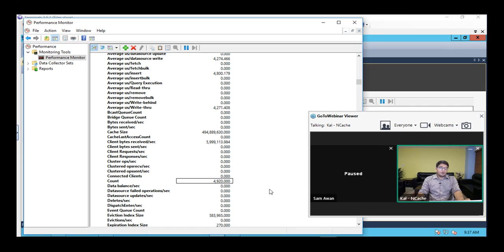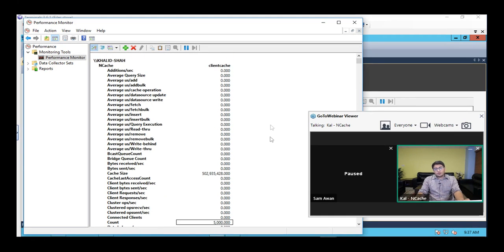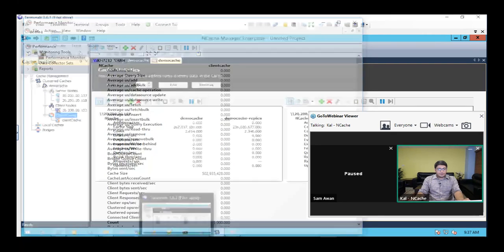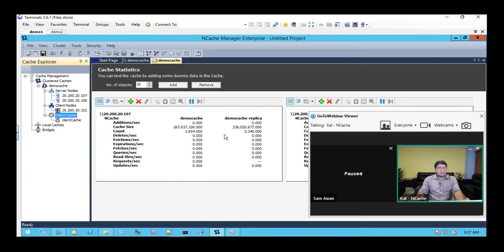So another thing to notice would be that once we fetch these items from the cache, the calls would not be going to the clustered cache. They would all be intercepted by the client cache that's present locally. And that's what I'm going to show you from these counters right here. So these counters are showing the client cache counters. But if you come to these, these are showing the server-side counters for the clustered cache.